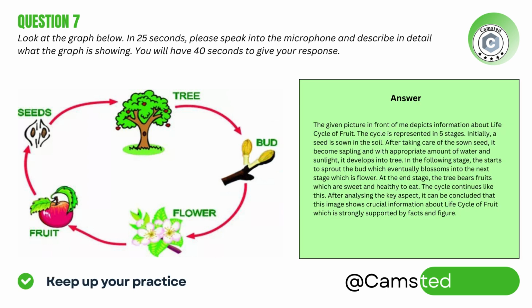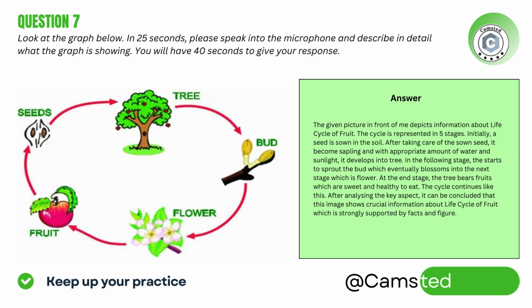The given picture in front of me depicts information about life cycle of fruit. The cycle is represented in 5 stages. Initially, a seed is sown in the soil. After taking care of the sown seed, it becomes sapling, and with appropriate amount of water and sunlight, it develops